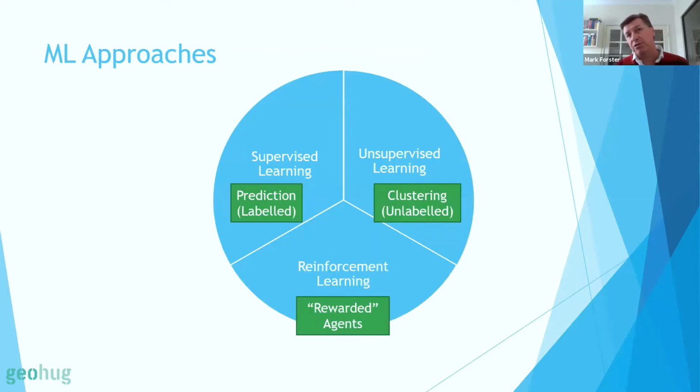There are essentially three types of machine learning. There's supervised learning, which is what we're going to be talking about today. There's unsupervised learning, and there's reinforcement learning. Supervised learning is all about when you have labeled data, and I'll go into that a little later on. That means you're able to train a model, and it's able to predict that label when you give it a new data set.